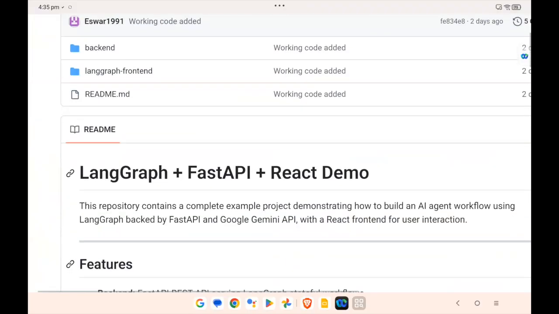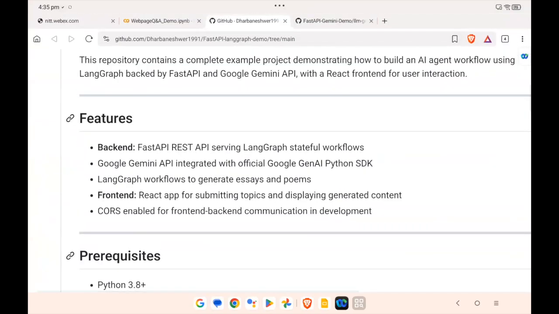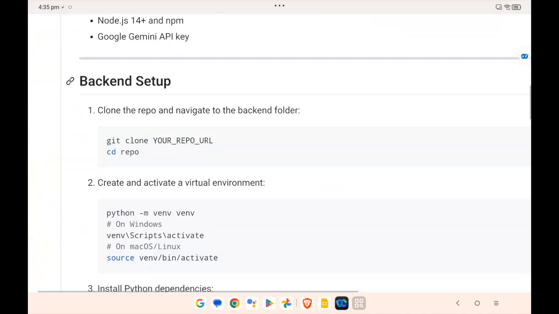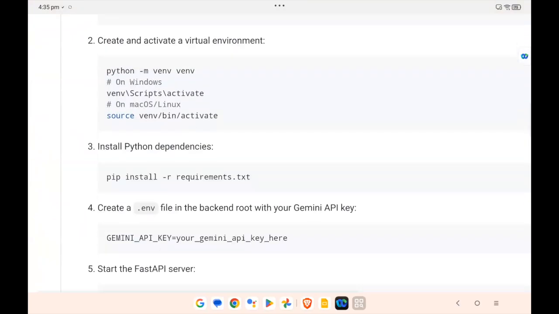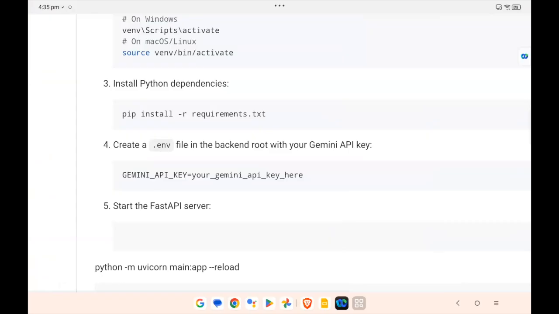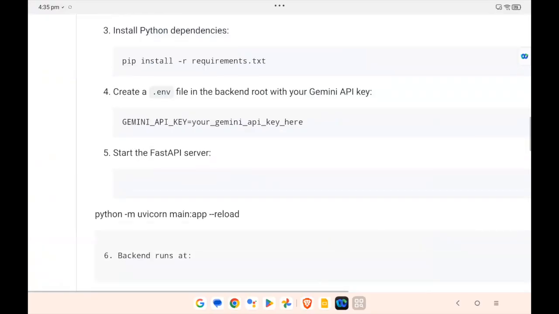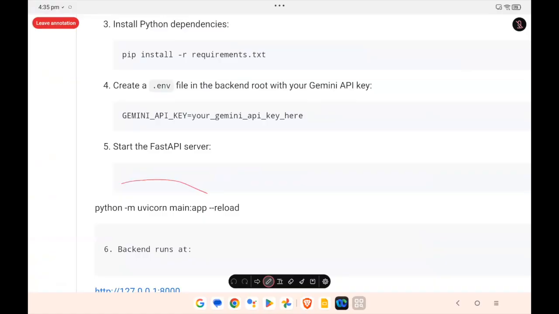Okay. So you have everything, the details of how to run it and all the prerequisites, defined in the README. You can go through and try it. You need a Gemini API key for running this. For a Gemini API key, I think everyone has a Google account, so you can get your own API key and put it in. So this is for instantiating the backend server.